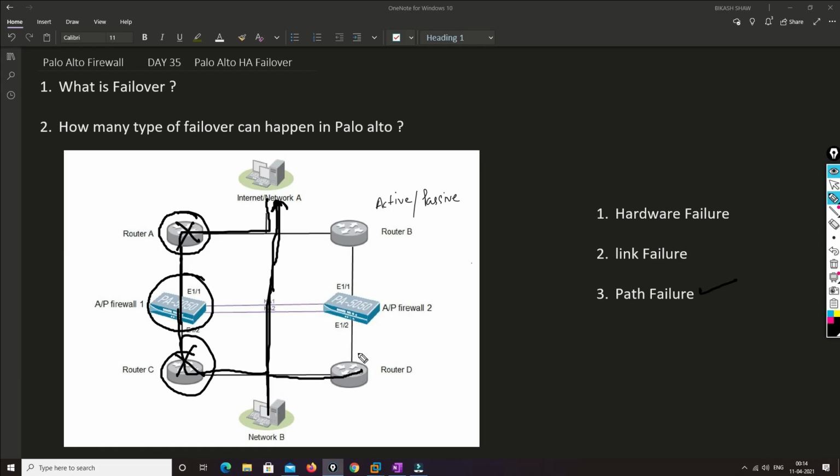So in that case we will be monitoring this path, so that if this device goes down, the traffic will move to another path and reach network A. I'll talk about this in a very detailed manner in the next video.